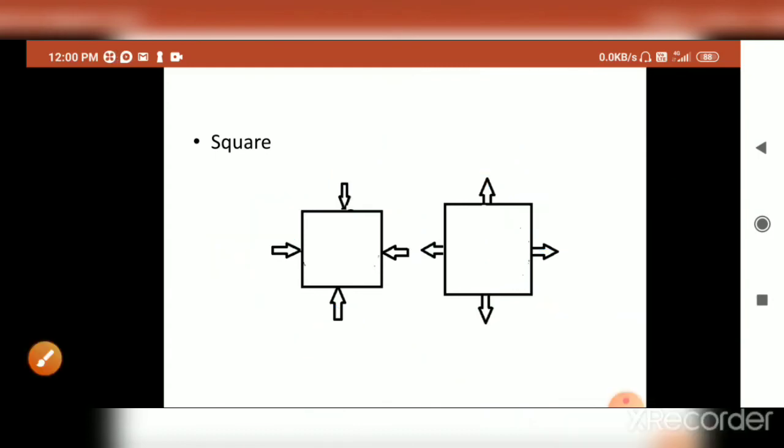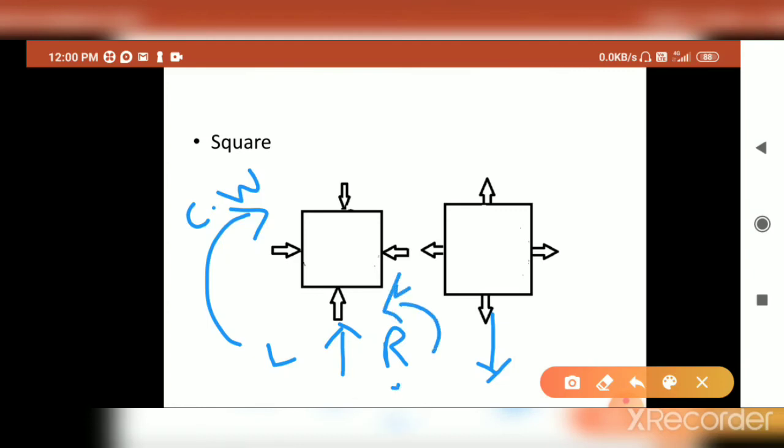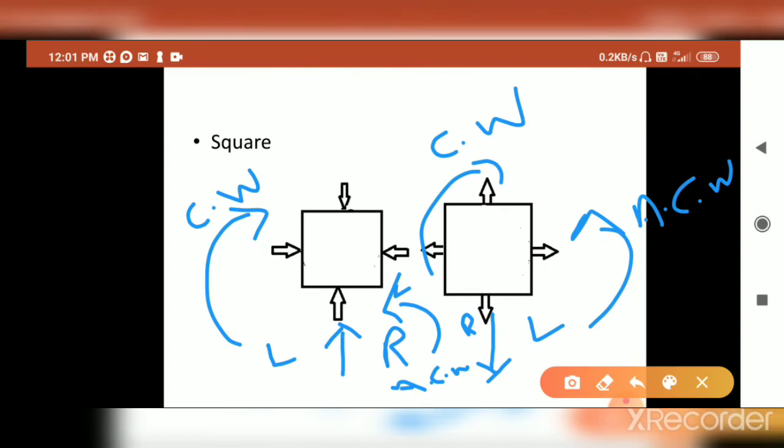You understand? See, I am telling again: towards the center, away from the center. When you are towards the center, this becomes the left side and this becomes the right side. As it is the left side, it becomes clockwise. Clockwise means the direction in which a clock rotates. Right side means anti-clockwise. When coming away from the center, this becomes left and this becomes right, and this is anti-clockwise and this is clockwise. In some problems there will be a merging of both inwards and outwards.